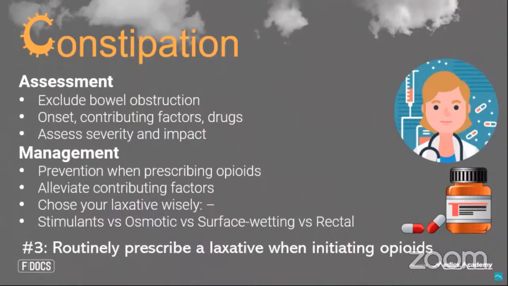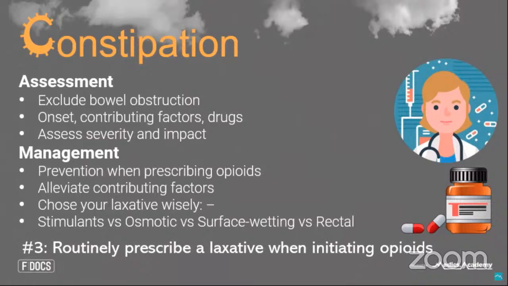And that's important because it's going to determine our choice of laxative. The main thing in our assessment is to exclude bowel obstruction, because the treatment for that is going to be very different, and we're probably not going to want to give a laxative, in particular a stimulant laxative, if the patient's got obstruction. So we want to rule that out in our assessment, as well as trying to find out more about the actual constipation. And then in terms of management, it's thinking about all the non-pharmacological things, the fluid intake, anything that we can do to increase their mobility.